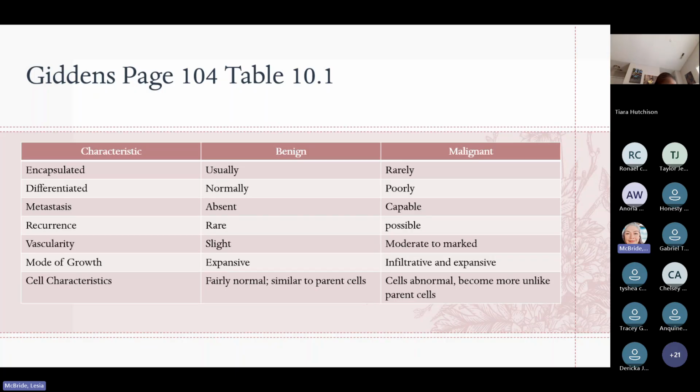But if they're malignant, they're poorly differentiated, meaning they don't look like their parent. They lose their specialization. They lose their ability to function the way they're supposed to. So instead of functioning as a heart cell or as a stomach or gastric cell, where it might produce mucus, etc., or enzymes for breaking down our food, it doesn't function the same way. So it doesn't do what it's supposed to.